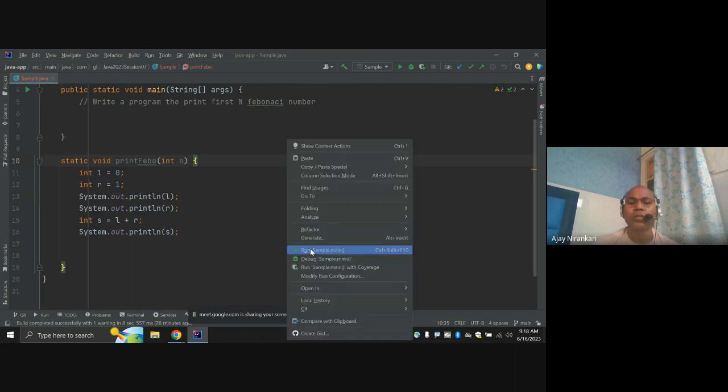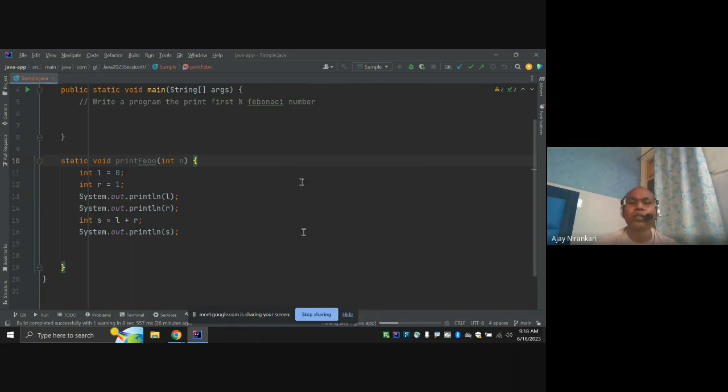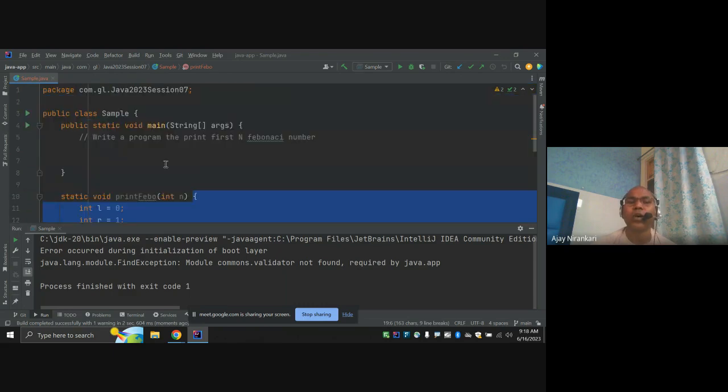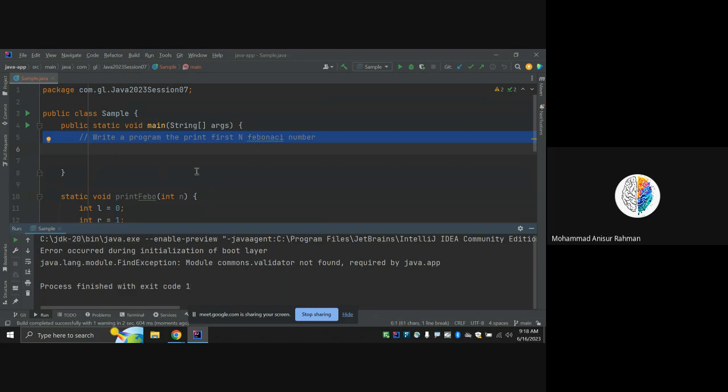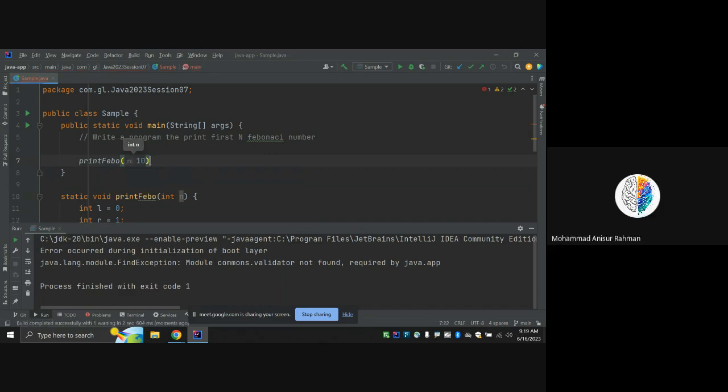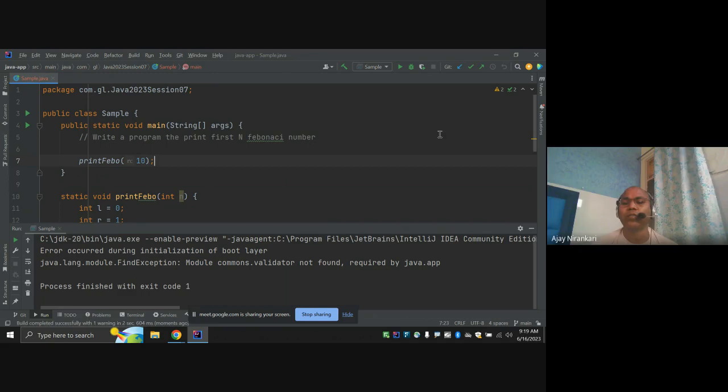Till now you notice I'm not doing anything, just two numbers. Notice I have written the logic in the factorial method, but the method is not invoked from the main method, so we're not getting any output. We have to call this function here and pass n initially 10. Now if you run, I'm getting, okay, sorry,